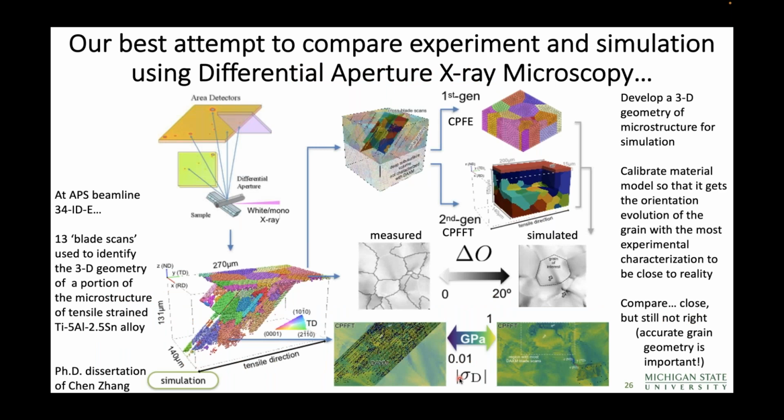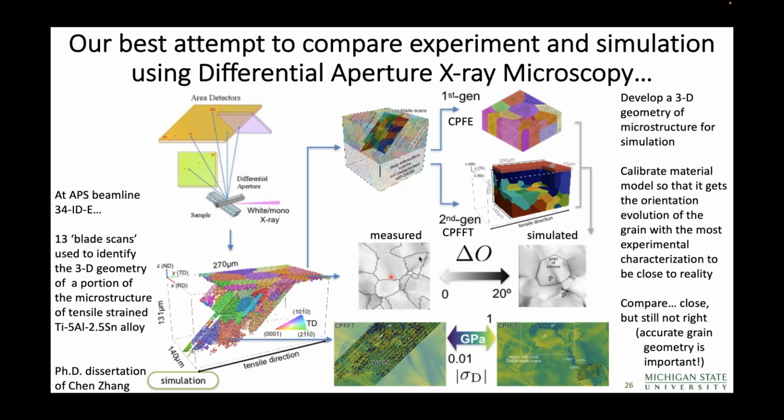So some years back, we made our best attempt to compare an experiment and a simulation using differential aperture X-ray microscopy. This involved getting as good a representation of subsurface grain geometry as we could, comparing that with a first generation as well as a second generation model to see if we could develop slip parameters, critical resolved shear stress parameters, that would